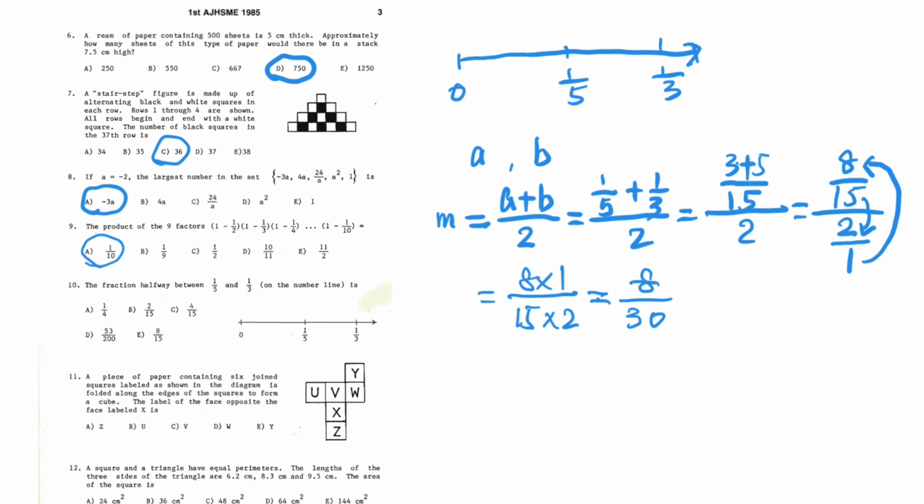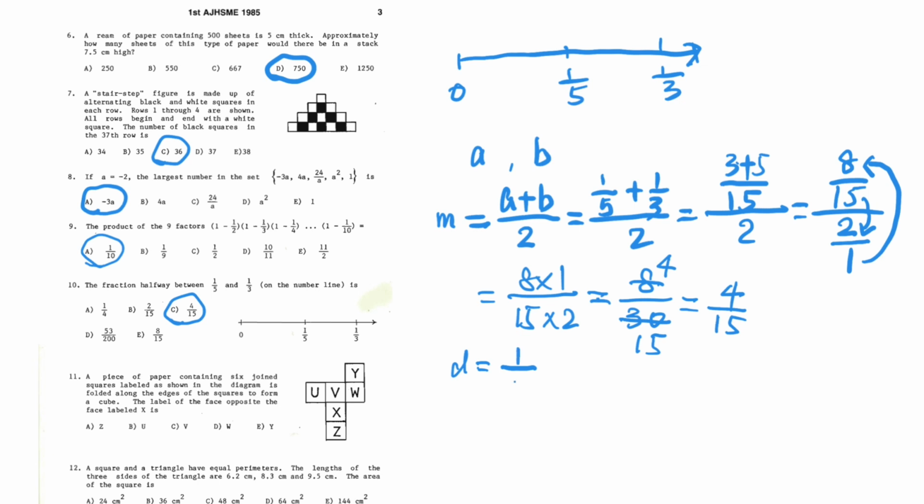Cancel the 2. 2 times 4 is 8. Cancel 2. 2 times 15 equals 30. So the final result is 4 over 15. That should be answer C. If you don't know this formula, just calculate the distance between 1/5 and